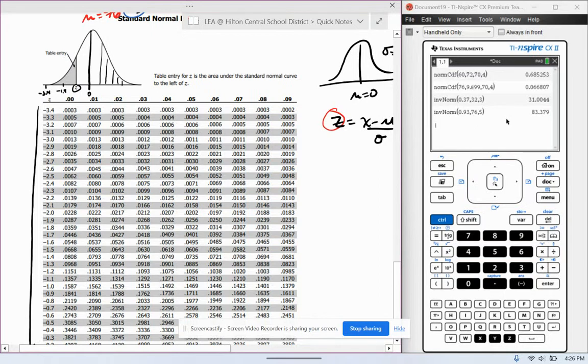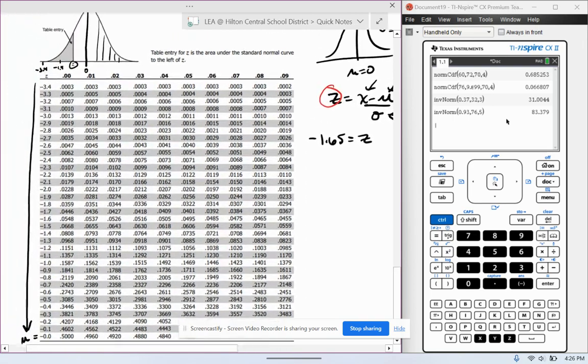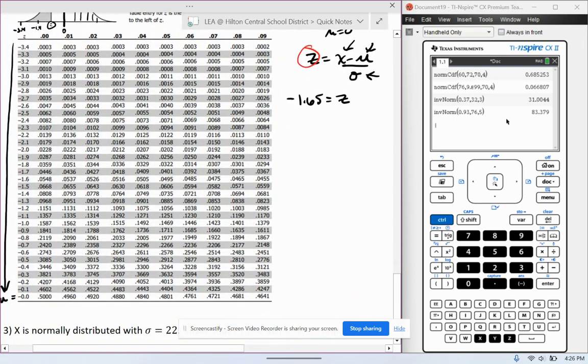So let's say you were looking for the area under the curve for a z-score of negative 1.65. So you input your x, you input your mu, you input your standard deviation, and you got a z-score of negative 1.65. So you would go over to the table, and you would look for negative 1.6, and then you would go to the hundredths place columns, right? So you would go down until you hit over here,